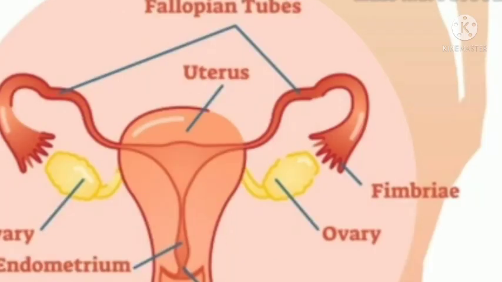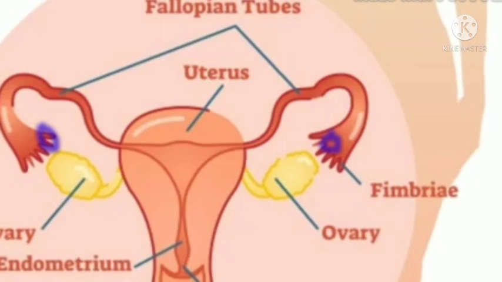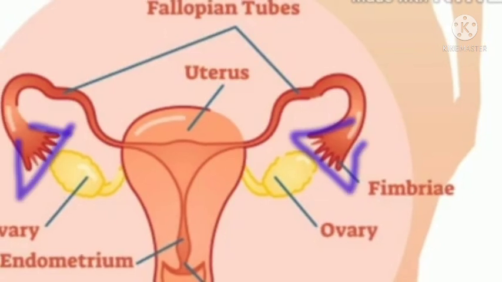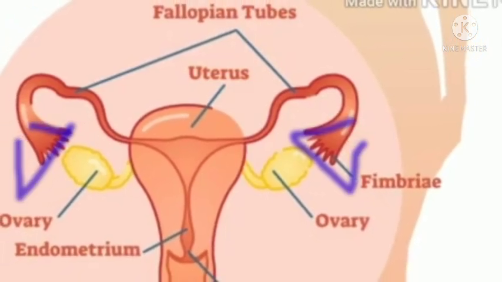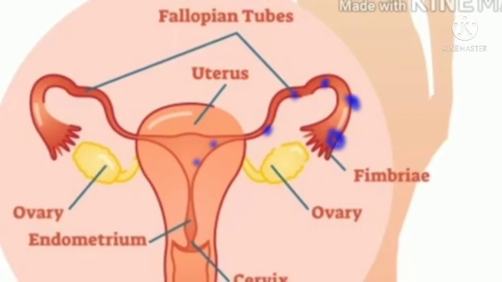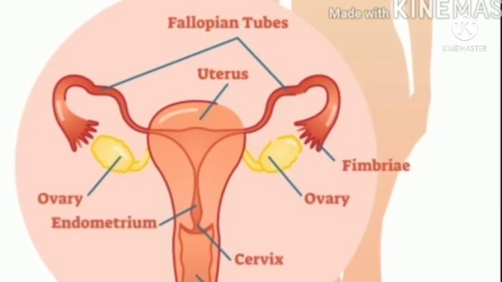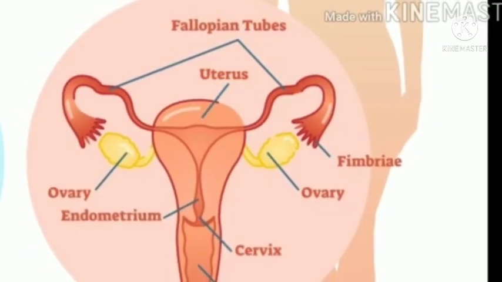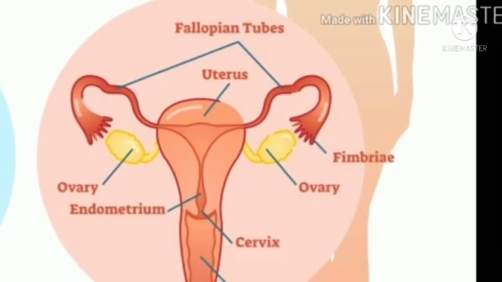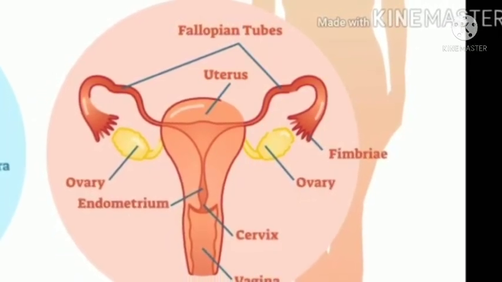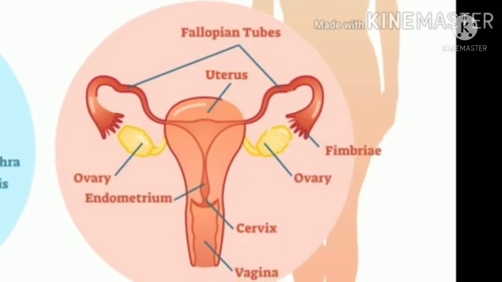Generally, every month an ovum is released in the abdominal cavity, alternately from each ovary. The free end of the oviduct is funnel-like. The oocyte, that is the egg, enters the oviduct through the opening. Cilia are present on the inner surface of the oviduct. These cilia push the oocyte towards the uterus.